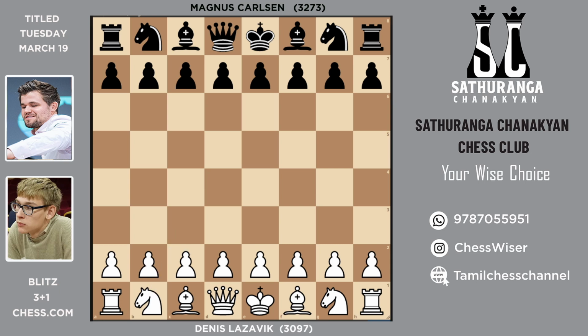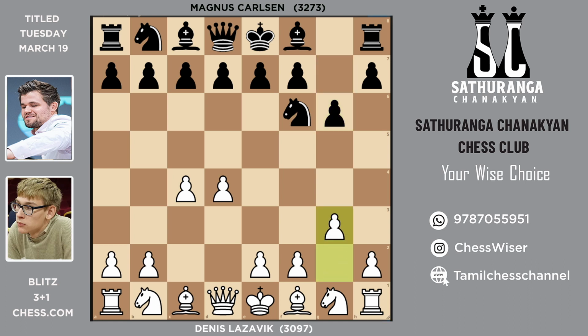So here Lazavik starts the game with a 1 d4 and Magnus goes for the knight f6 move, pawn to c4, pawn to g6. So king's Indian setup we are seeing, and here as you can see, white is also trying to do the fianchetto, so it is called king's Indian defense fianchetto variation, or another word is immediate fianchetto. So pawn to c6 trying to strike in the center with the pawn d5, bishop g2, pawn to d5